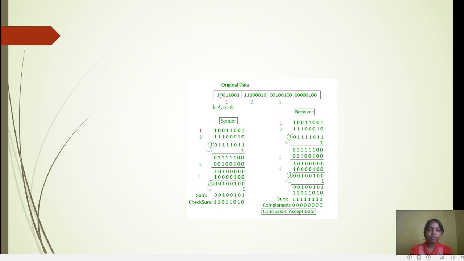We need to add the k1 and k2 segments, and the result will be 0111100, and we add the k3 segment. So we get 1010000, and we add the k4 segment. So our result will be 001000101. For that, we need to add the checksum, along with the 4 segments. Finally, we get the sum as